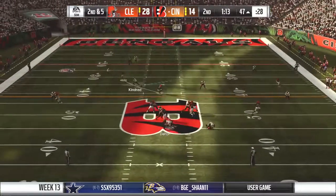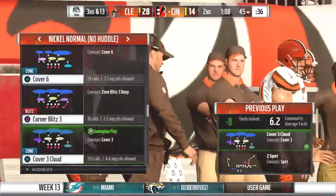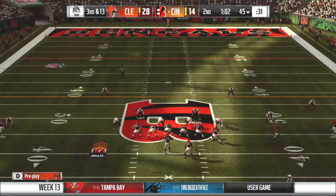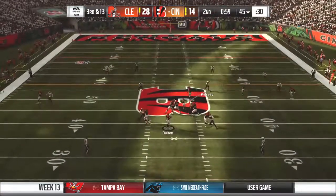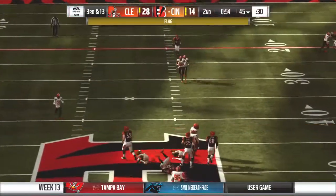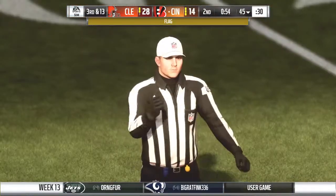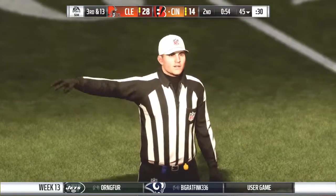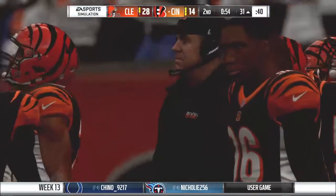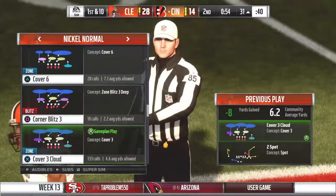From the gun, Dalton. Under heavy pressure, and down goes Dalton on the sack. Myles Garrett in there to get him, and that is sack number 15 for him on the year. 3rd and long. What will Dalton dial up? Dumps it off to Mixon. Oh, and they had him stopped short of the first, but a penalty marker down. And that looked like a clear face mask to me. Face mask. Defense. So they'll take the yardage and tack on 15 more for the face mask. Automatic first down. Talk about a play that...